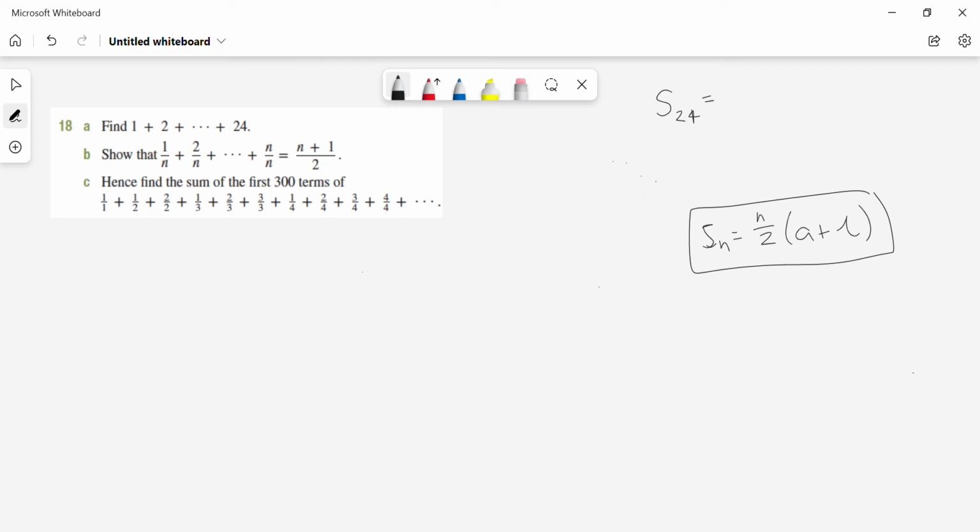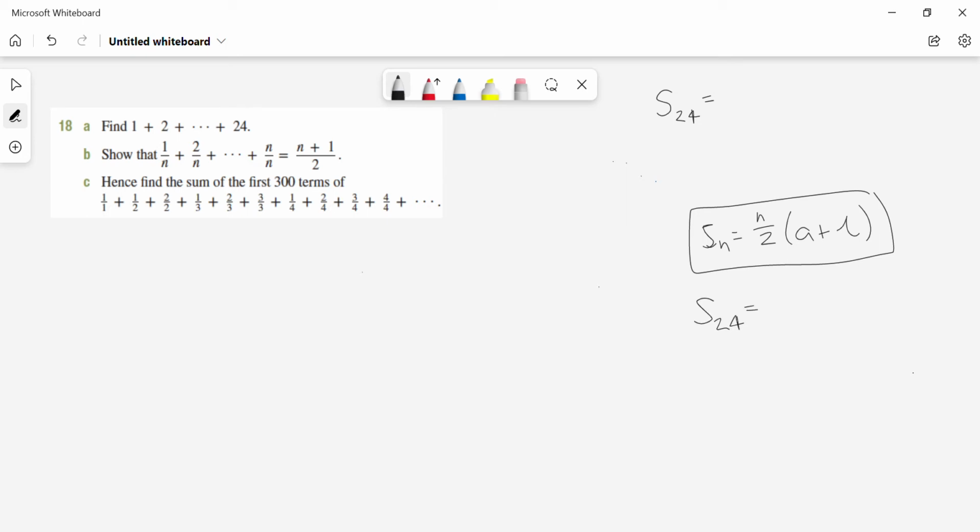Alright, so these ones, if we're just adding, for example, 1 plus 2 all the way to 24, we could just add it all up, or we could use our sum formula. It's obviously an arithmetic series with a common difference of 1 and a first term of 1 and a last term of 24. So using this formula, we could say, all right, I want to sum to 24, so I've